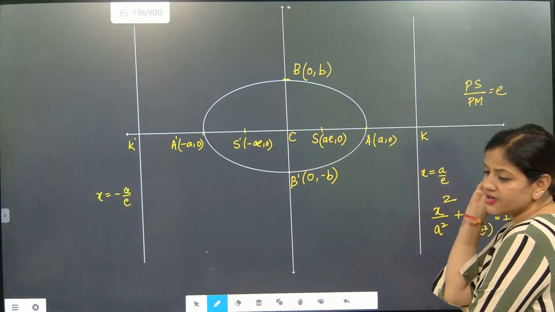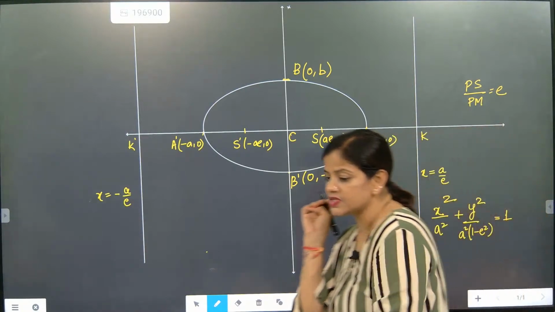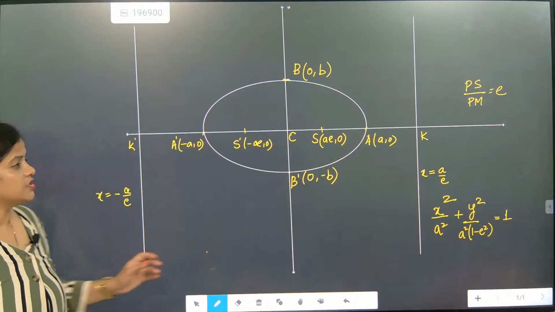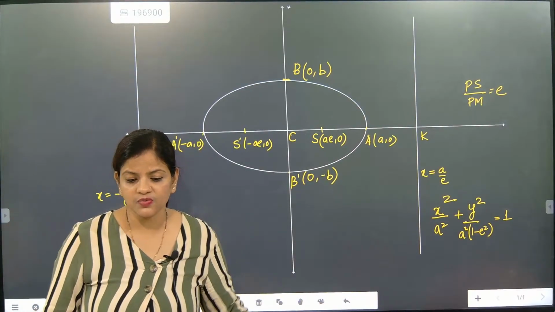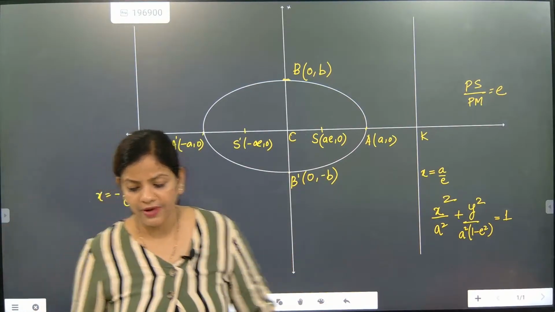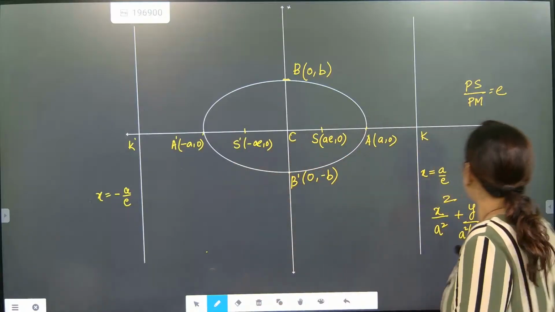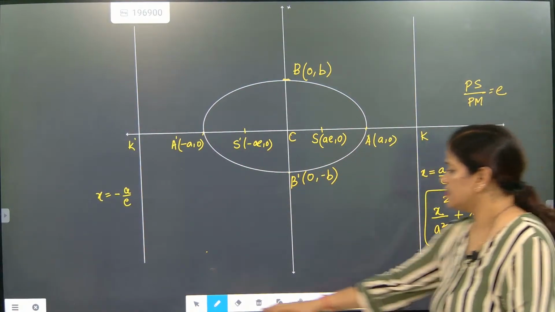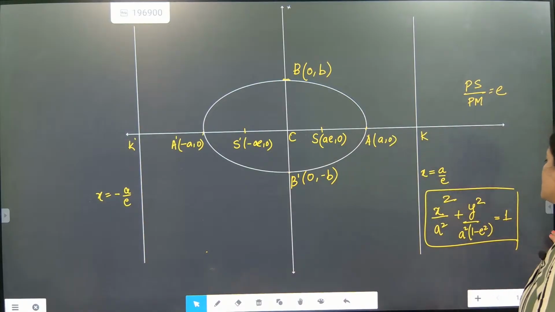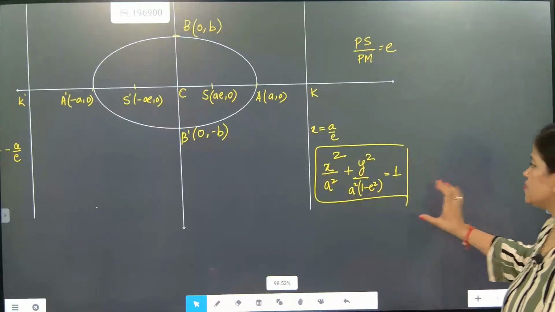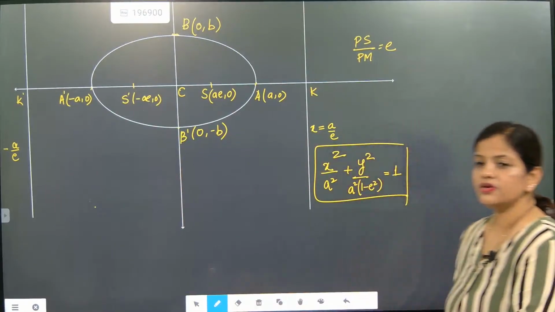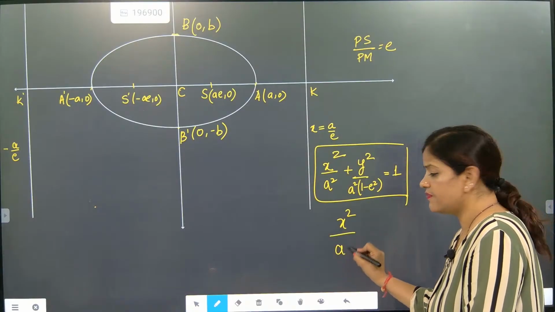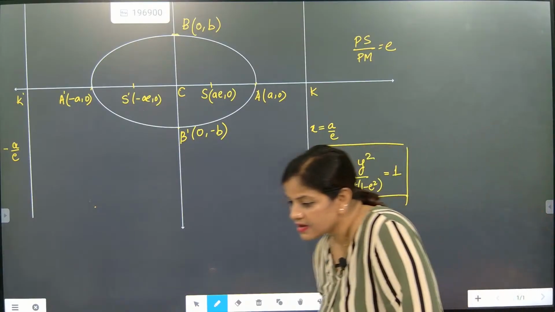This is the general equation of the ellipse. It will be written in this format: x square by a square plus y square by b square. Now beta, what I had discussed in the morning itself, whenever we will be writing this here,